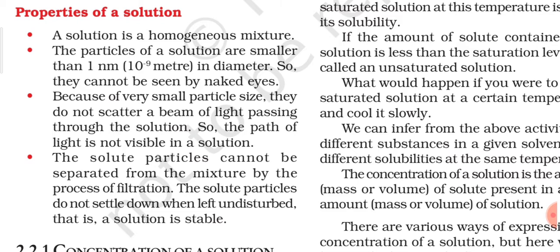Here we are performing the process of filtration with the help of filter paper. If you have observed filter paper closely, you must have observed that it has very minute holes or pores. So this property says that suppose we want to separate the components of the solution, and we know the components of a solution are solute and solvent. If we want to separate the components of the solution by passing it through filter paper, that means by performing the process of filtration, then we will not be able to separate the components. So what is the reason?